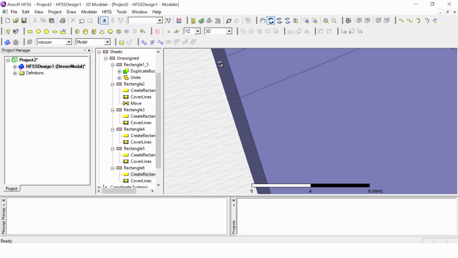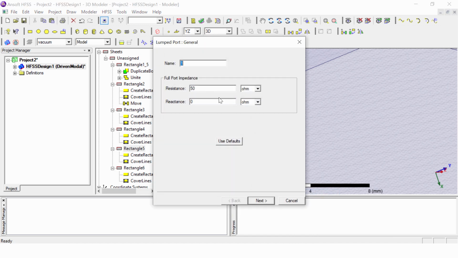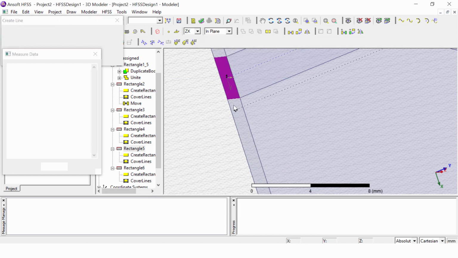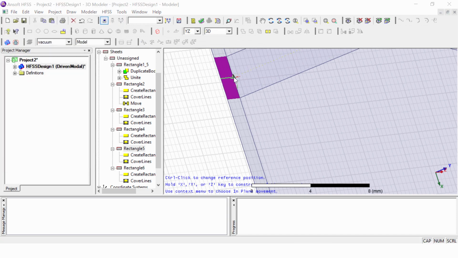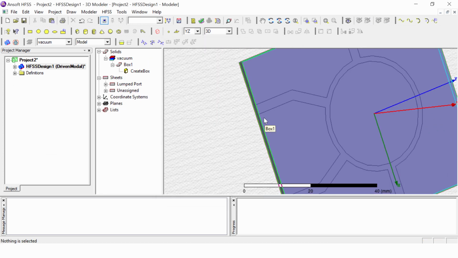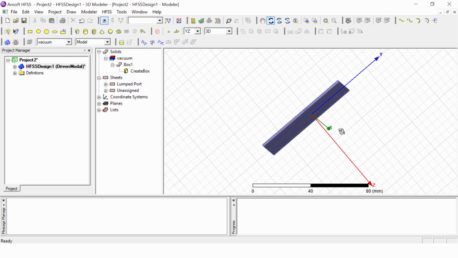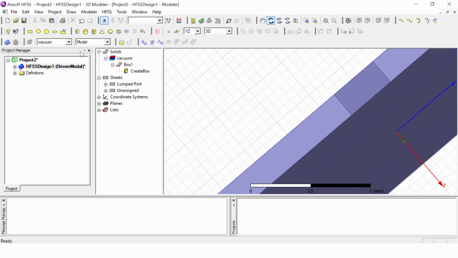For that we have to select this rectangle, right click, assign excitation, lumped port. Then next, draw a new line, find the middle point and come up to this. So this is defined, finish. Then go to the top here, and here we are going to draw port 2.